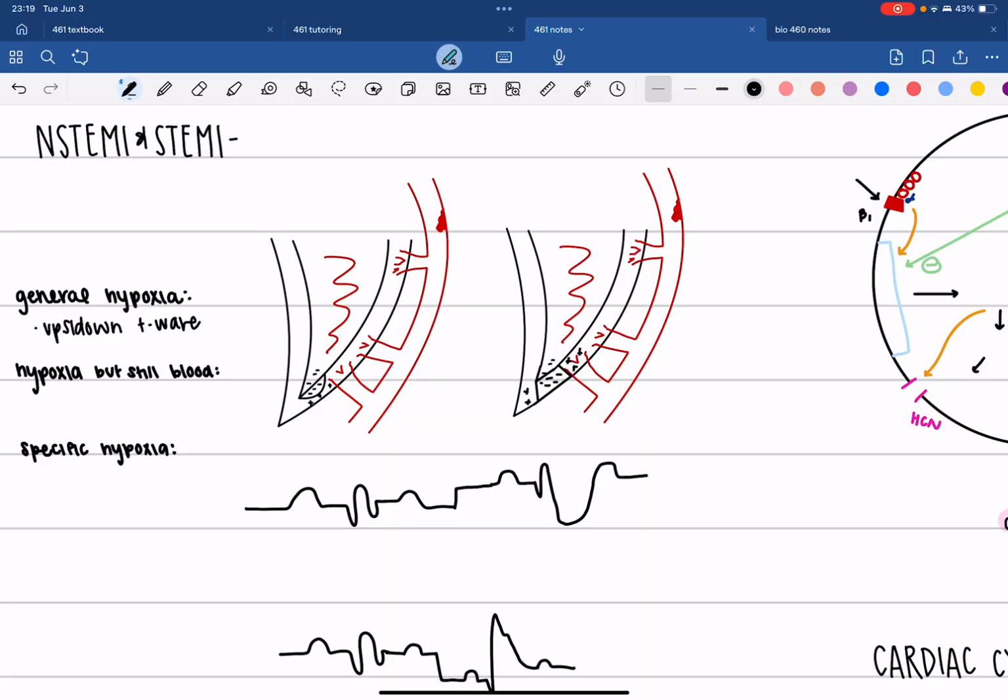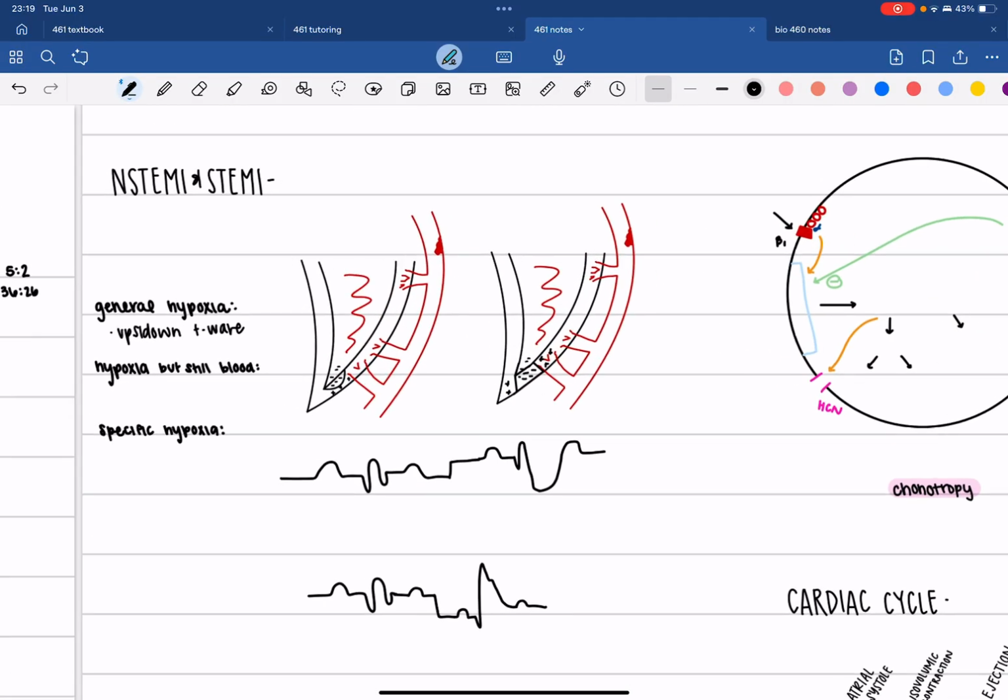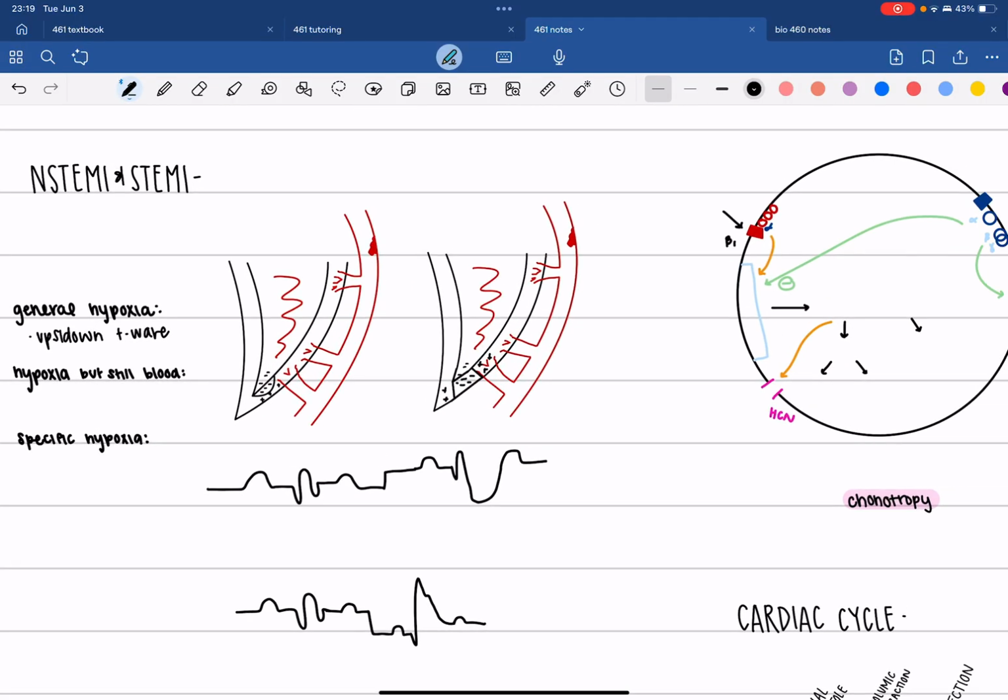And that's because if it has hypoxia, we're going to see a change in how well it can depolarize and repolarize. And when it's repolarizing, it's now repolarizing opposite from what it should, and it's not repolarizing in the same way, and it's going to cause the charge to be opposite, and then it would cause it to be upside down.